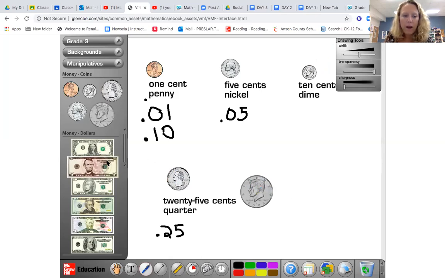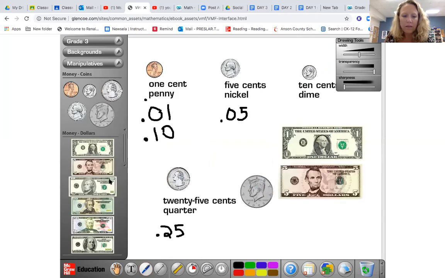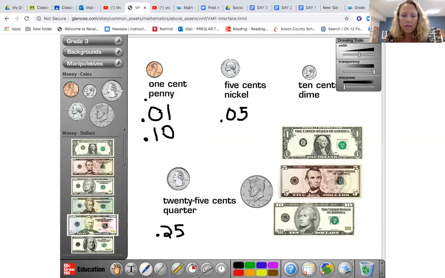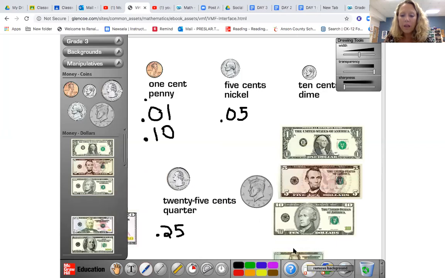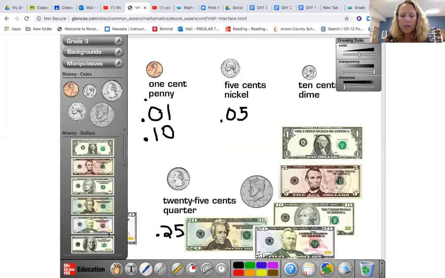And when I think about money in dollars, I've got the bills, paper money. There's the $1 bill, there's the 5, here's the 10, here's the 20, and I'm running out of room here. There is also a 50 and also a 100. And again, these exchanges, or